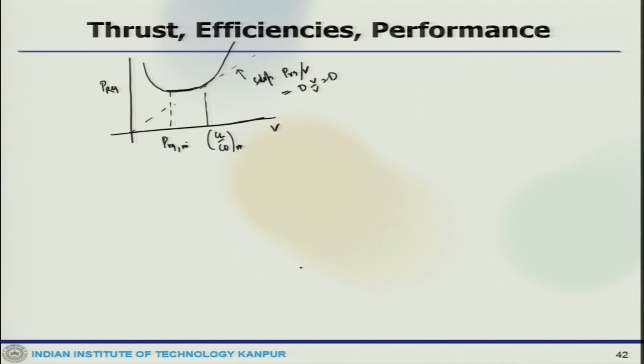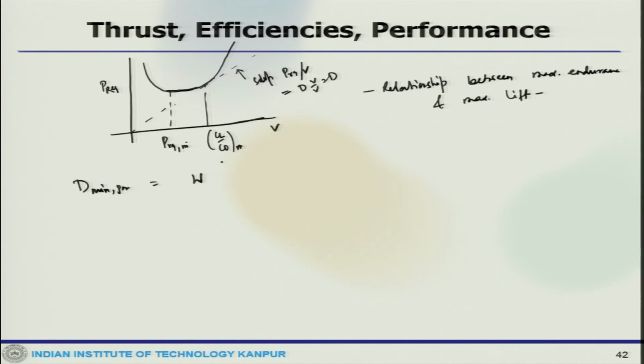So, this is a relationship between maximum endurance and maximum range. So, continuing, what we get is that the minimum power is W times the root of 16 by 3 pi e AR, which is the root. So, this can be substituted